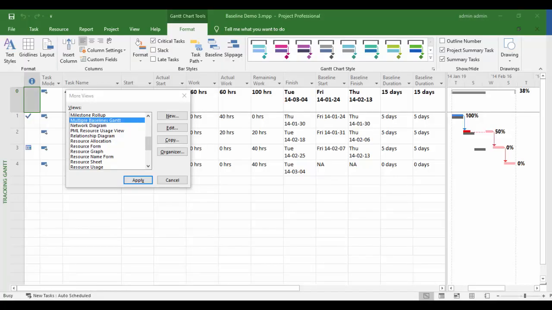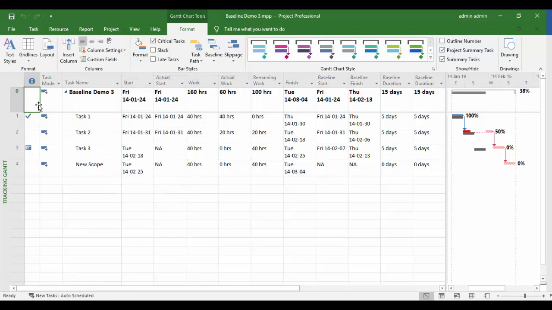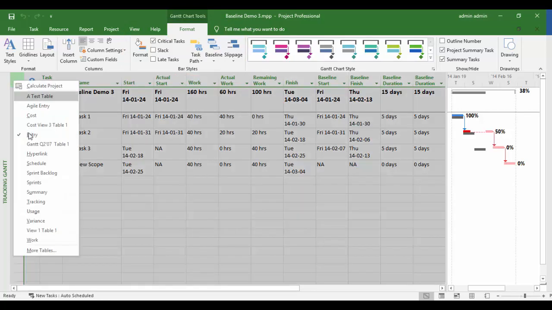There are some task-related views that display the baseline in a graphical manner by default. Example, the Tracking Gantt, Multiple Baseline Gantt, etc. Nevertheless, it is possible to format any Gantt view to display the baseline. You can also use the Format tab's Baseline button that's within the Bar Styles group to format a Gantt for different baselines. The variance table and the usage views are some other places where you can display baseline related information